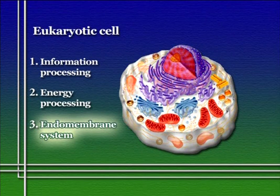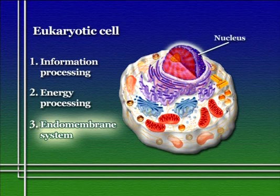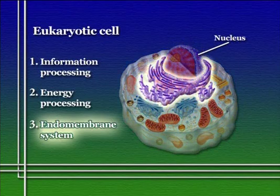If you look at a typical eukaryotic cell under a good microscope and with the right staining, the most obvious structure you see is the nucleus, of course. This is surrounded by the nuclear envelope, and this is where the DNA resides. Now, the next most obvious thing you'd see, just outside the nucleus and extending throughout the rest of the cell,